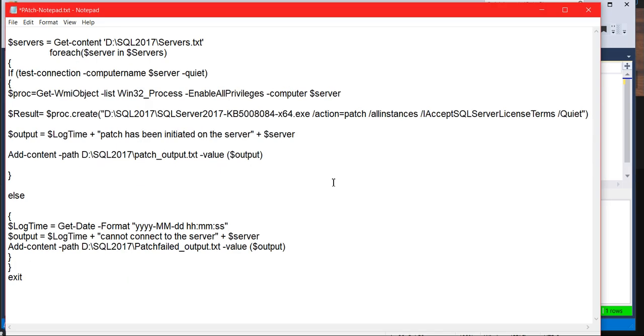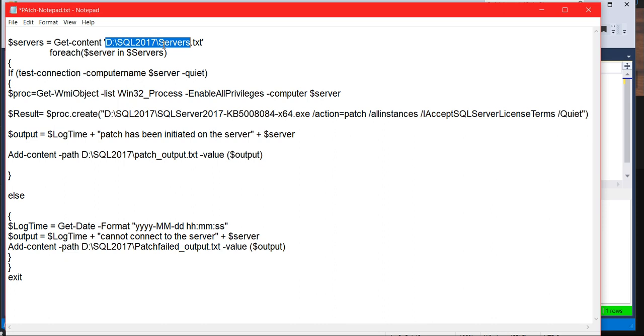This is the PowerShell script. It will help you apply SQL Server patches on multiple servers in one click. I will give you a line by line explanation of what you need to change according to your environment. Here you need to change this folder, this directory, based on where you want to keep it, whether on a particular server's E drive or H drive, and you need to create the SQL Server folder based on your version.